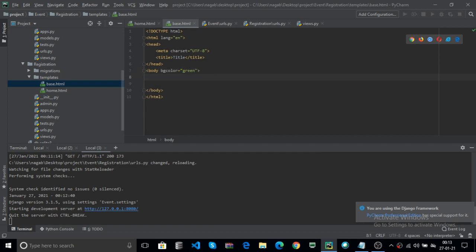Here I use the block content: the green is the background color of your body, and your page contains the block of data. Then you use percentage, block content, close the percentage. This is the DTL language.